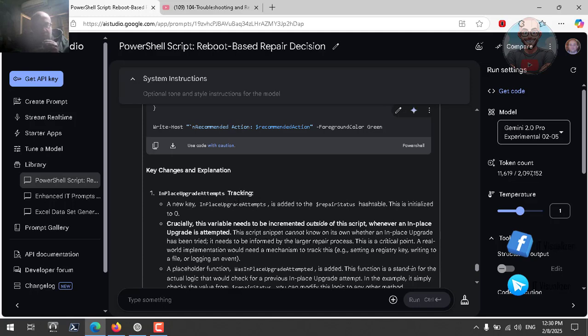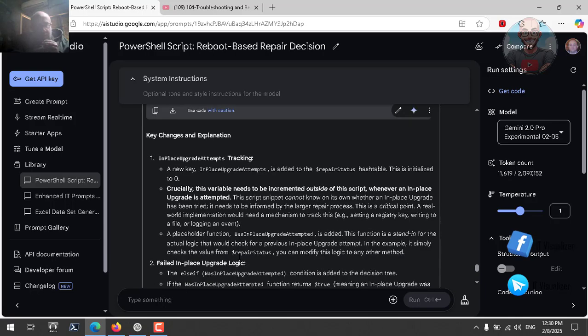You need to tell him if you made an in-place upgrade before or not. This is a critical point. A real-world implementation would need a mechanism to track this, like setting a registry key, writing to a file, or logging an event. Okay, let me